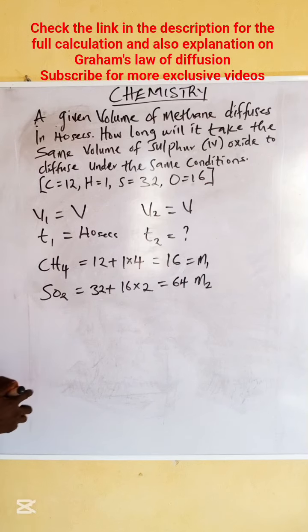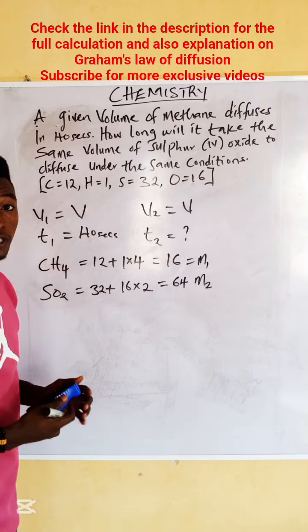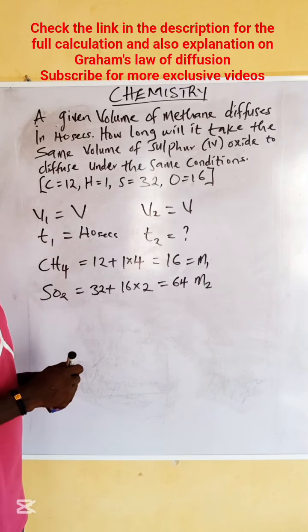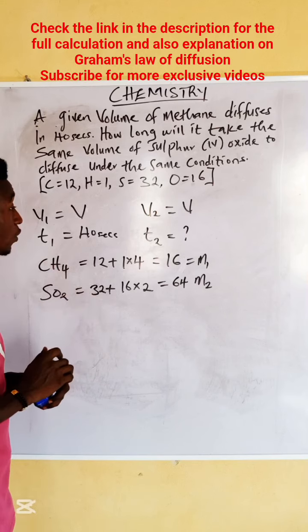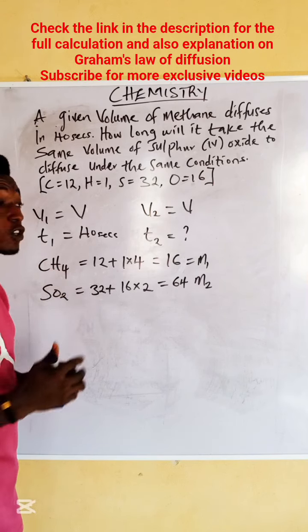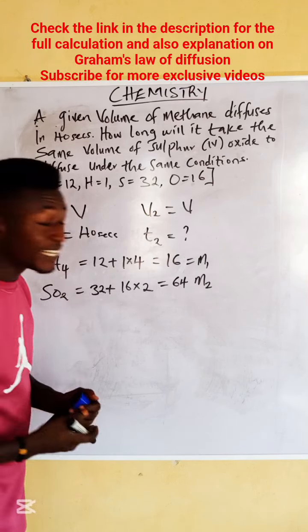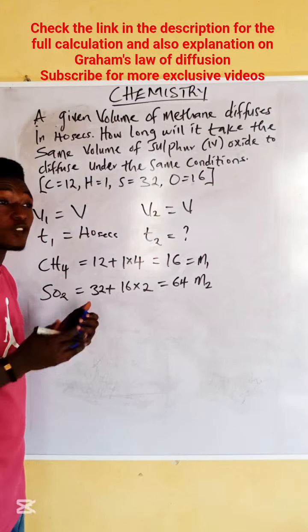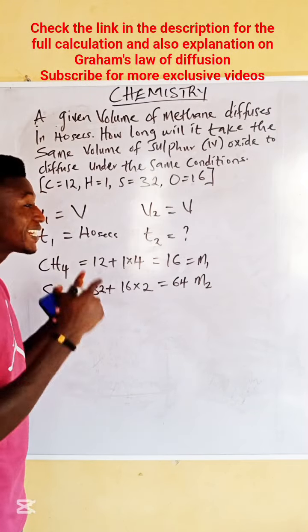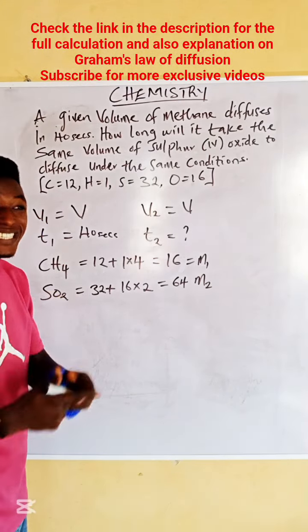Now, if you remember, in Graham's law of diffusion, what is our formula for Graham's law of diffusion? Remember what Graham's law of diffusion states? That at constant temperature and pressure, the rate of diffusion of a gas is inversely proportional